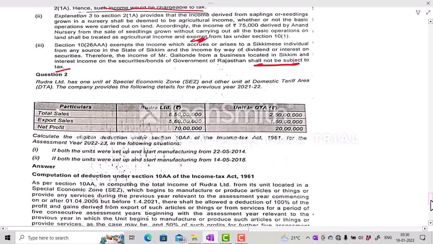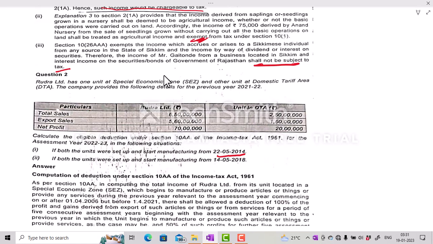Rudra has one CES unit and one DTA unit. The company provides the following details for the previous year 21-22. Total sales is 6.5 lakhs and 2.5 lakhs. Total export sales is 5.6 lakhs and 1.6 lakhs. Net profit is 70 lakhs and 20 lakhs. Compute the eligible deduction under section 10AA of Income Tax Act 1961 for the assessment year 2023 in the following situations. If both the units are set up and start manufacturing on 22/5/2014, if it is